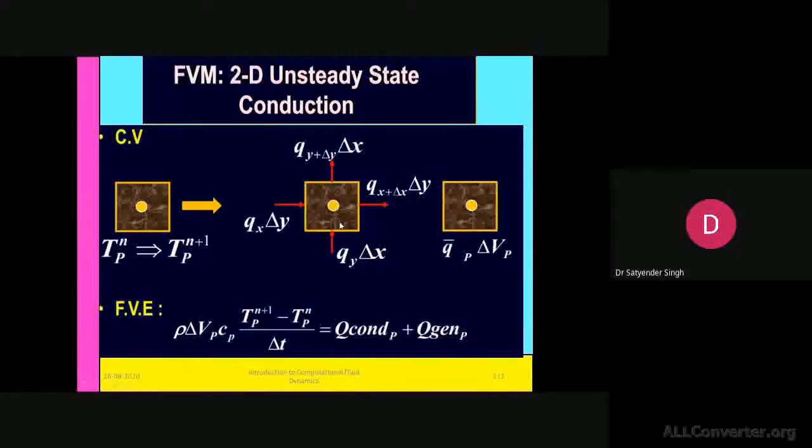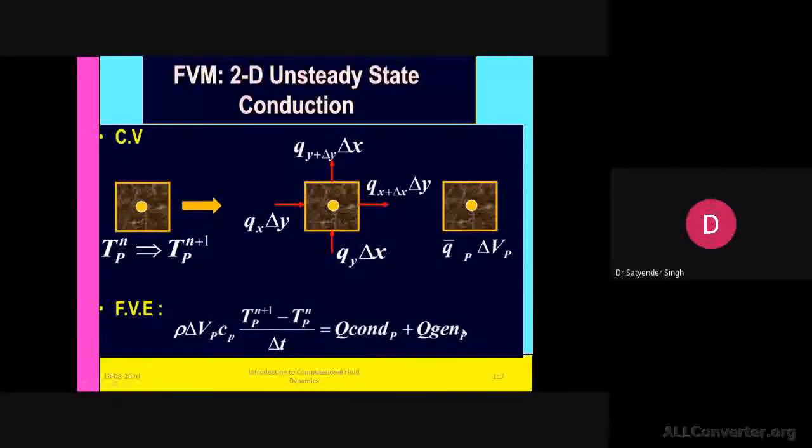There, what we try to understand is that we always take the flux. Let's say heat flux is incident or normal to this phase, and it is leaving the control volume surface at a distance delta x. Likewise, in the y direction, it is leaving at a delta y distance. So we have to count the gain. Finally, for this control volume, in order to make it an energy balance, it will be heat flux at this phase minus this flux, and this is for the volumetric heat generation.